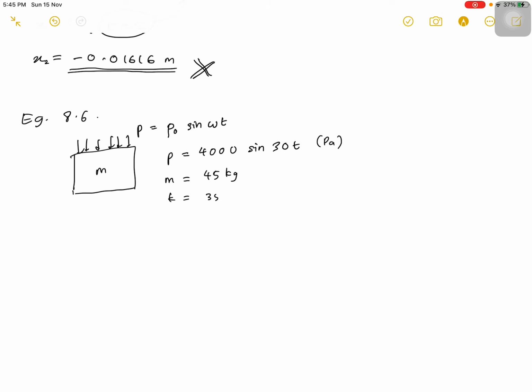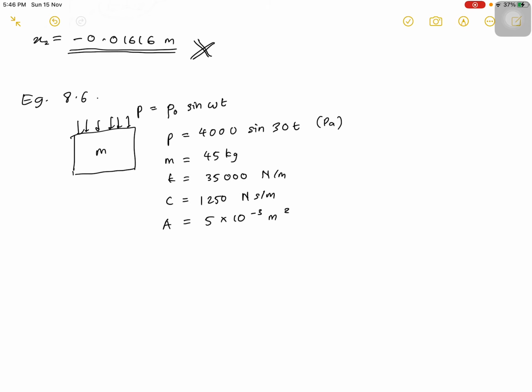45 kilogram. Stiffness is 35 kilonewton, we change to 35,000 Newton per meter. Okay. C is equal to 1250 Newton second per meter. We have the area 5 times 10 to the power of negative 3 meter square. So now we need to understand what the question is again. We need to find